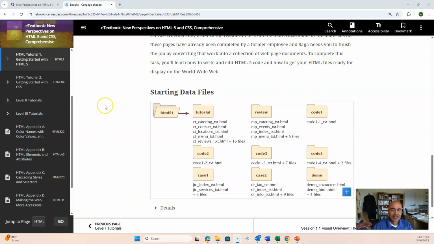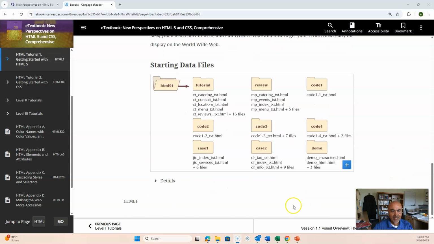Now, the reason I have you on this page is because every time you create a website, you will see that the data file that I have zipped and uploaded, once you unzip it, has this folder structure. One folder is called HTML1, and then inside you have folders called tutorial, review, code 1, 2, 3, 4, case, and demo. So what is this? If you go to the next page,